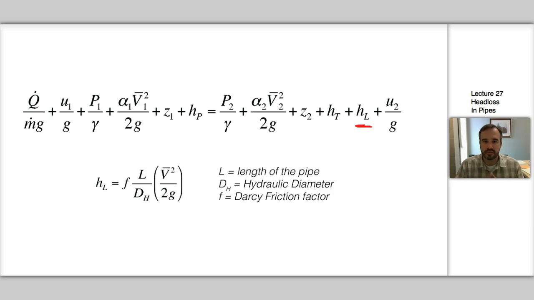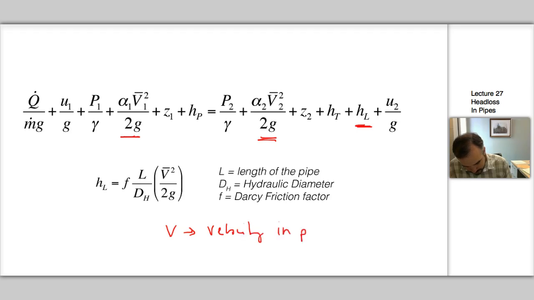The equation that it can be derived, I'm not going to go through it here, is that H sub L is equal to some friction factor F times the ratio of the length of the pipe to the hydraulic diameter times a very familiar term, V squared over 2G, which is our kinetic energy term. Okay? So that gives us an estimate of the head loss. The one thing you need to be careful about here is that the V squared over 2G is not the term that we see here and here necessarily. You want this V here is the velocity